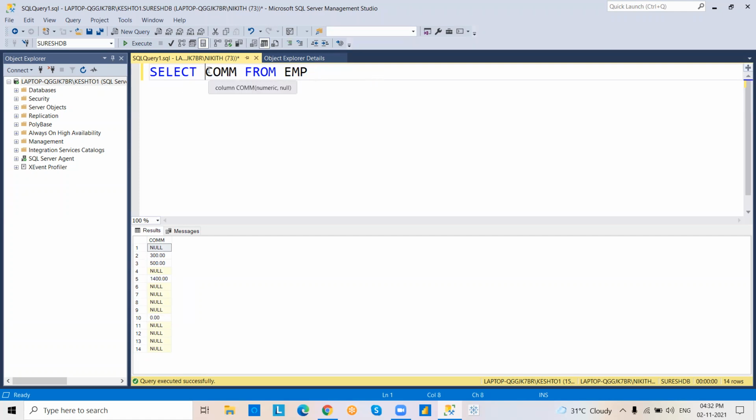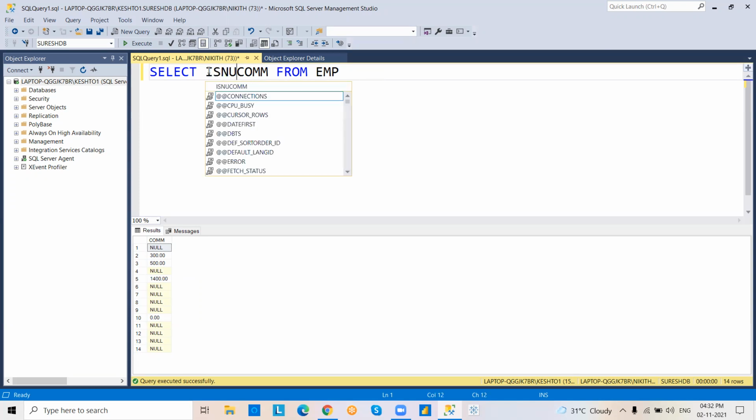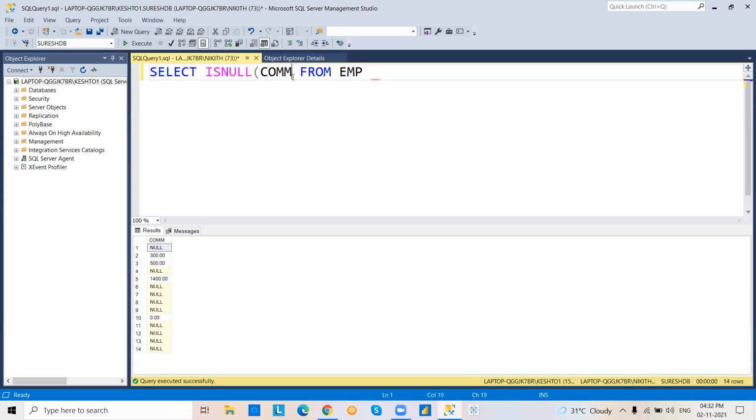Suppose select ISNULL function, commission comma 0. See, the ISNULL function converts null value into the given number. Suppose I'm giving 0, and if you give some other number, you are going to face issues. But if you work with 0, then no issues, right?